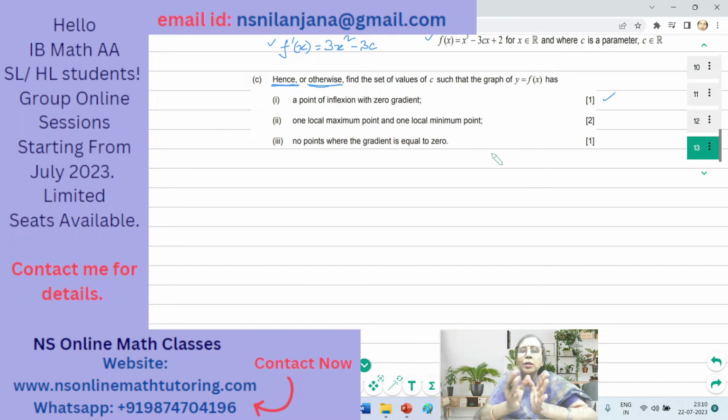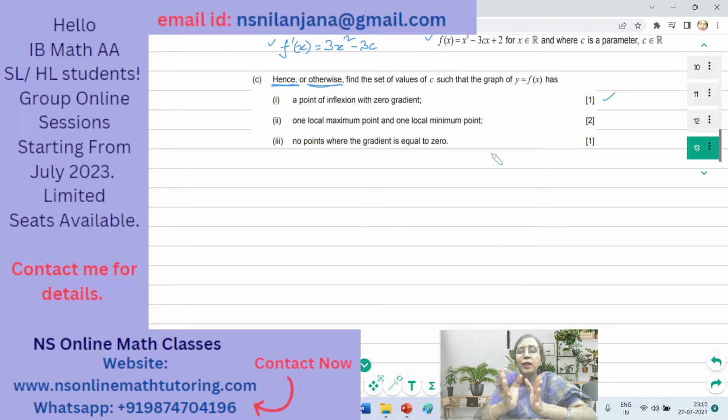And not only should it be equal to 0 at that point, that value of x, the sign of the second derivative should also change around that x value. Then only that point is considered as a point of inflection. And since that point of inflection is having a 0 gradient, therefore f dash x should also be equal to 0. Okay. So first of all, since the second derivative has to be equal to 0,